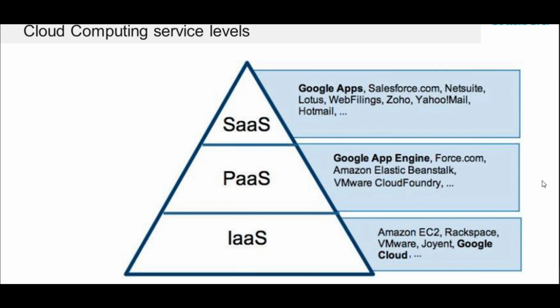And the examples are App Engine, Kubernetes Engine, Cloud Function. These are some of the GCP services that are examples of platform as a service. In infrastructure as a service, you have access to the underlying resources. You have access to a virtual machine. You can plan how many CPUs you want for your server, 2 CPUs, 4 CPUs, how much internal RAM, how much hard drive you want to use. All those are the compute resources that you can control in infrastructure as a service, but not in platform as a service.